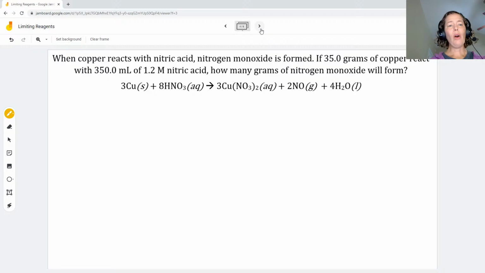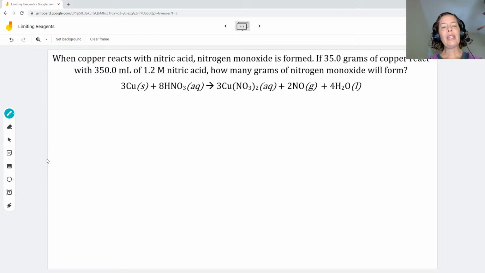Okay, when copper reacts with nitric acid, nitrogen monoxide is formed. If 35 grams of copper react with 350 milliliters of 1.2 molar nitric acid, how many grams of nitrogen monoxide will form? All right, so the other thing that I didn't talk about with the other problem, and I should,